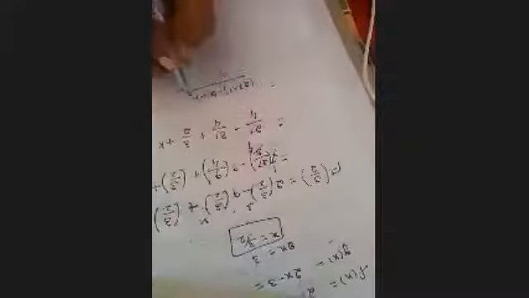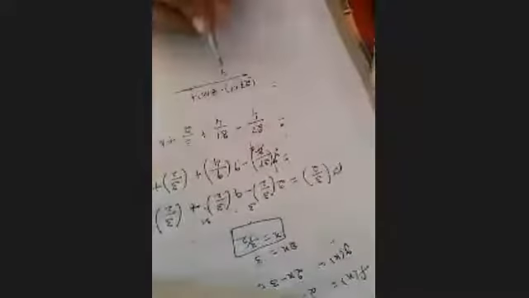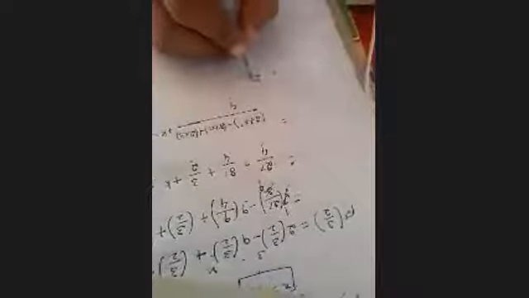27, how many times will 4 go? 1 time will go. So 27 into 1, minus, again 4 how many times will go? 1 time. 81 into 1 plus, here 2, how many times will go with 4? 2 times will go. So 2 into 3 plus k, same as it is I am writing. So 27 minus 81 plus 6 by 4 plus k equal to 0.